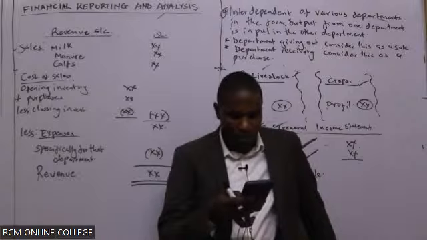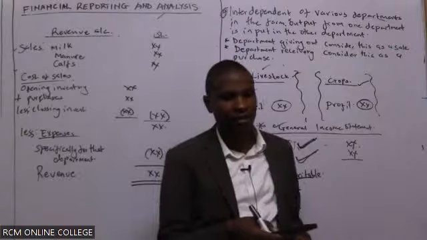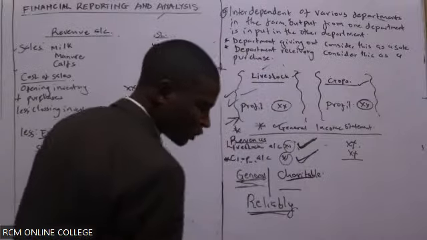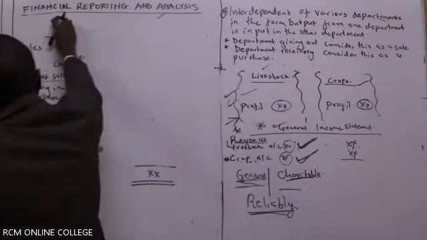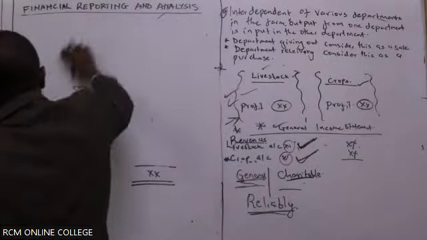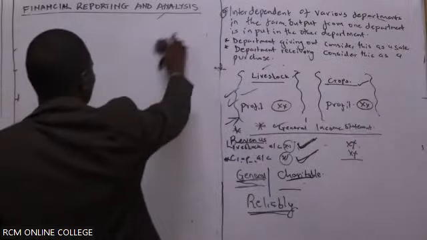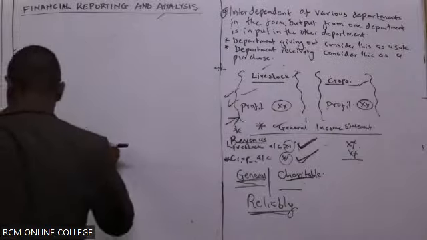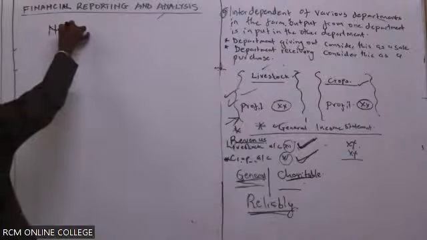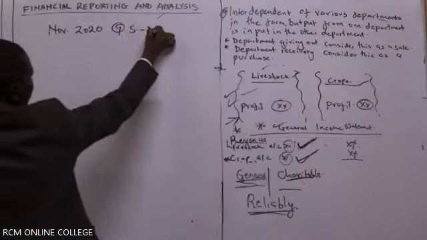The following trial balance was extracted from the books of David Wekesa, a farmer, as at 31st October 2019. Somebody to assist with that question. And we say that you should download all those past papers from 2015 to 2023 and have them in your file. November 2020, question number 5, David Wekesa.